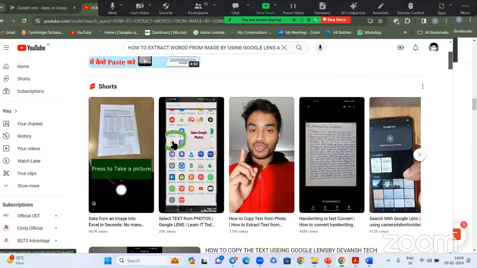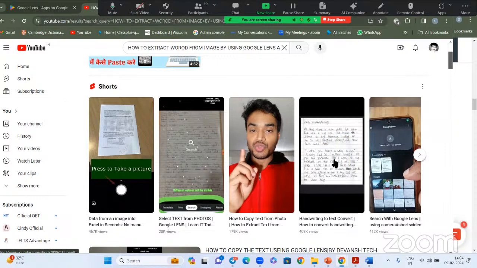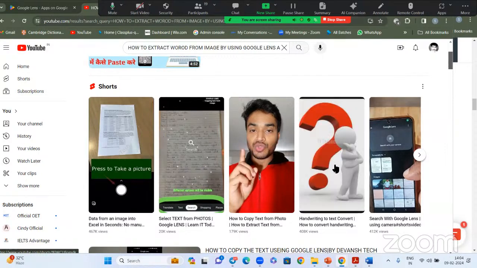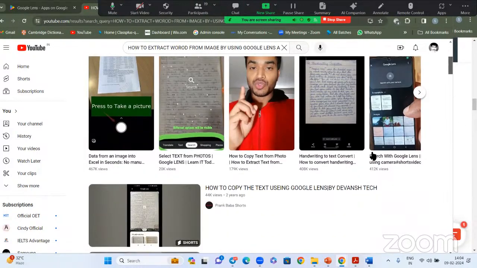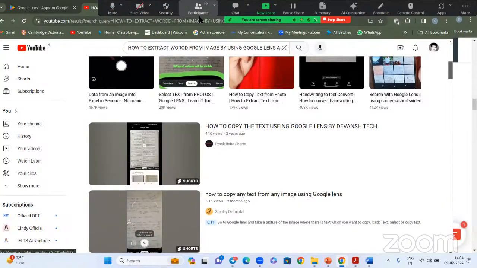So see here, it is Google Lens. If you click on that one, it will automatically select the words and transform them into word form, and it will give, see, a number of things, like handwritten text converted into typed format. So you can go through that one and see how you can transform. It's very easy. In 1 second it will change everything. You need not type for 10 minutes. In 1 second it will change. Okay. So if you want, Avil can explain that one.